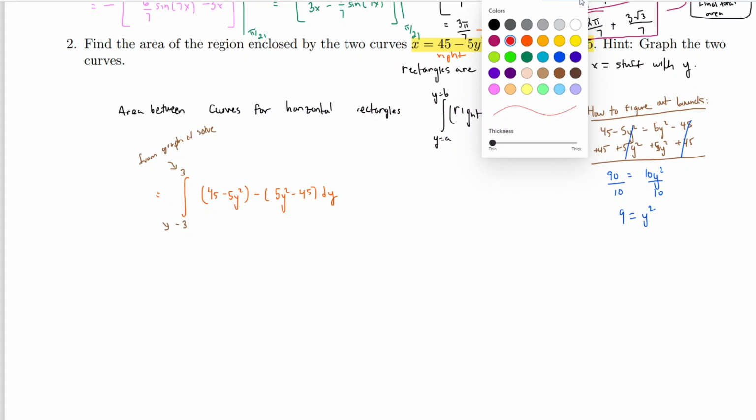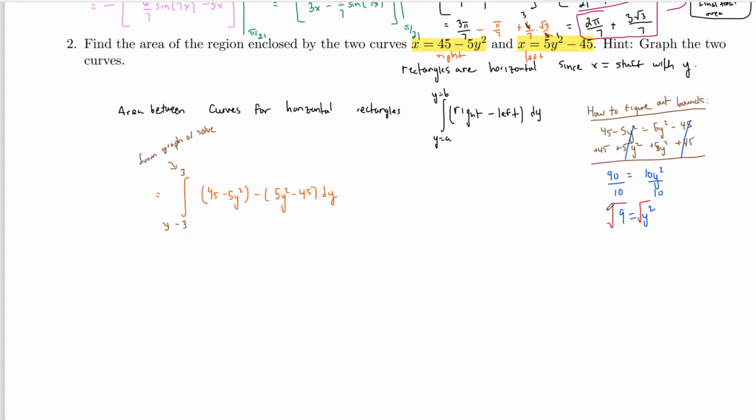And to finish getting y, we go ahead and do the square root of each side. When we square root, we know we get plus or minus, and the square root of 9 is 3. So plus or minus 3 equals y. And those are the bounds. Now, just like with x, and anytime you deal with y, when you set it up, you want the smaller number first. So if we want to find the area between this, if we did -3 to 3, that's correct. If we did 3 to -3, that'll give us the negative area. So the smaller bound is the -3 here. The larger bound